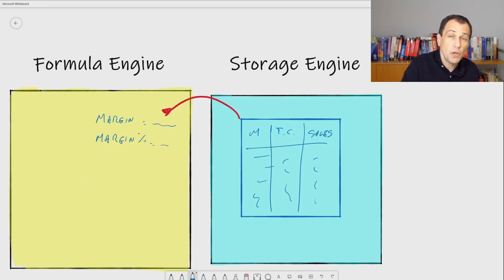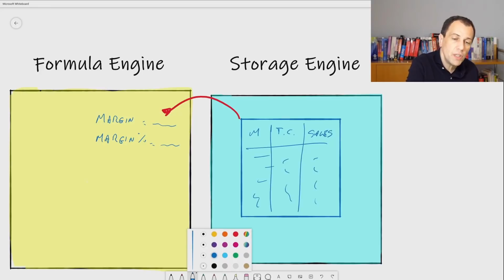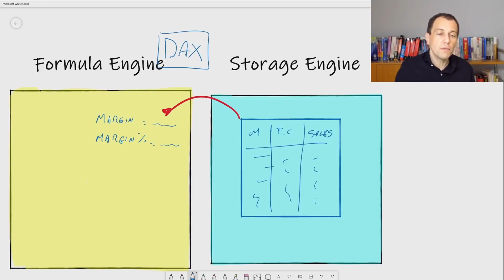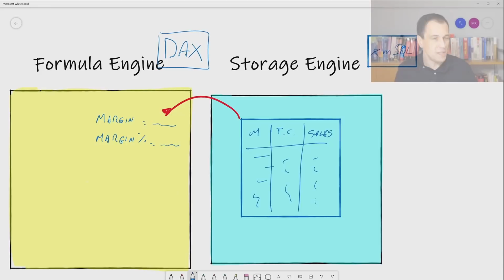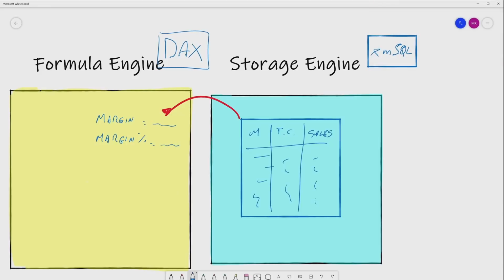So this is DAX code that is executed by the formula engine. So we can say that the formula engine knows DAX, whereas the storage engine, in this case the Vertipack engine, knows XMSQL, which is the language that we have seen before. Let me show you this way. I was covering the name here. Okay, so this is the idea.